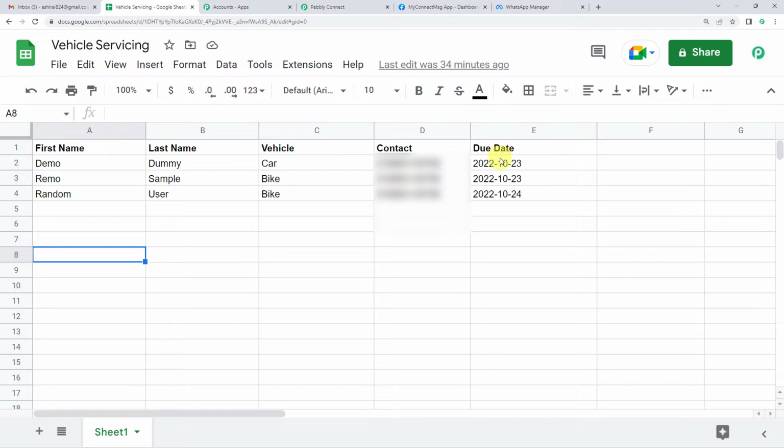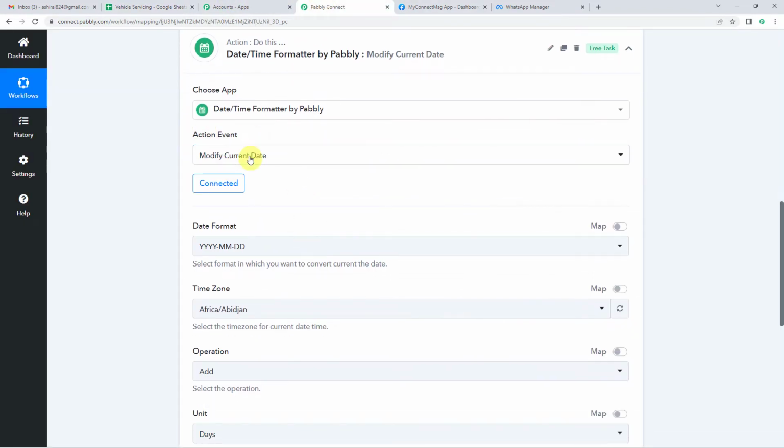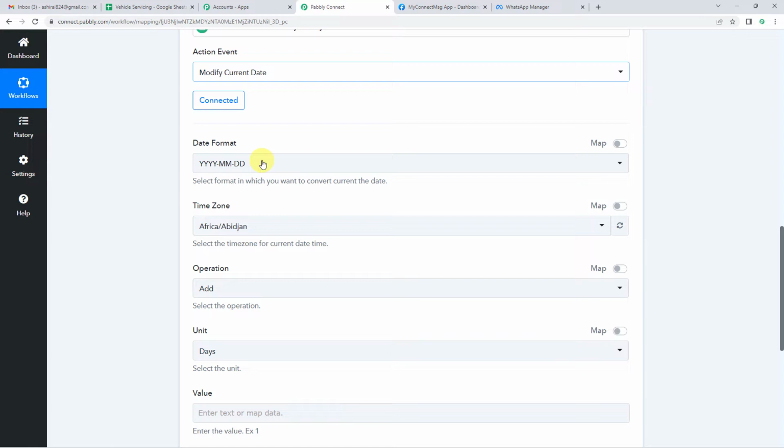All right. So let's say the due date of this person, first customer demo dummy, is October 23. So now what I want, the reminder message should be sent to him 2 days before the due date. That is, if the due date is October 23, the reminder message should be WhatsApp to them on 21st October. All right. So come back to Pabbly, and here when we select modify current date, so what it will do